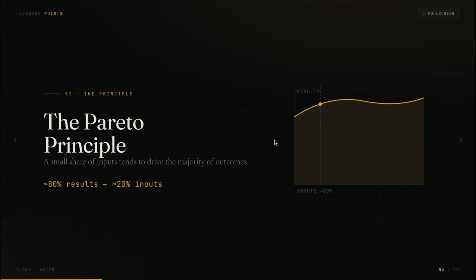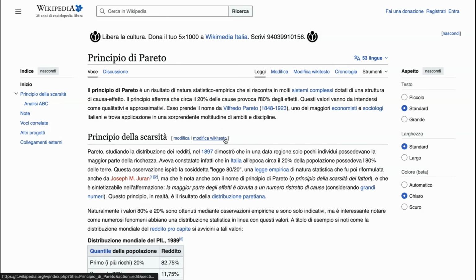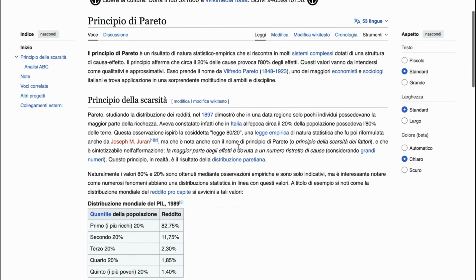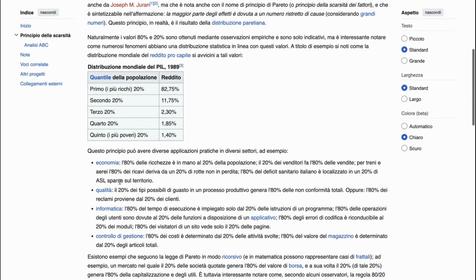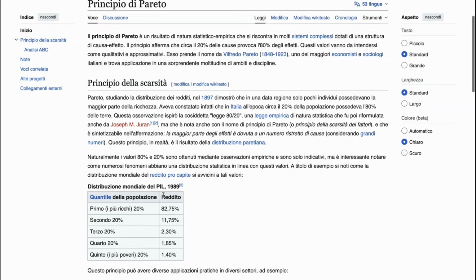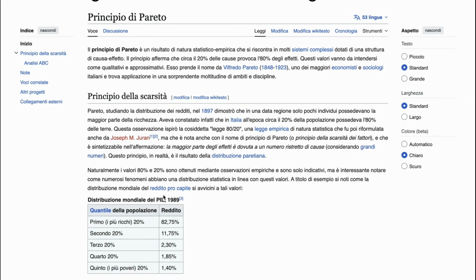With the Pareto principle, you understand the math behind it, and you can find this on Wikipedia. This is a math concept that you can apply to complex systems like the economy. The example here: the richest people, almost 20% of the people in the world, own 80% of the wealth in the entire world. That's like an average. It could be 5% and 95%, or maybe 10% and 90%.